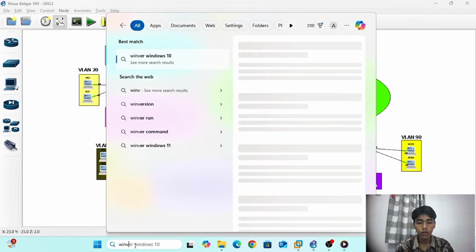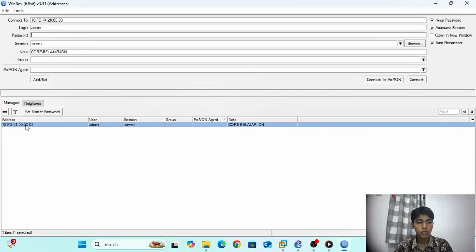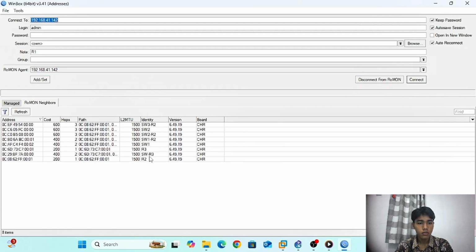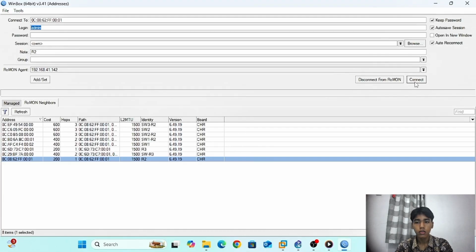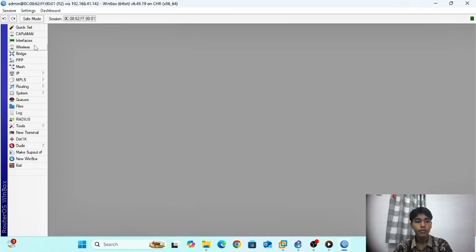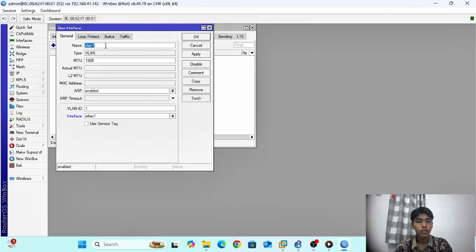Connect via Winbox. Okay, connect to router 2, and interface add VLAN.